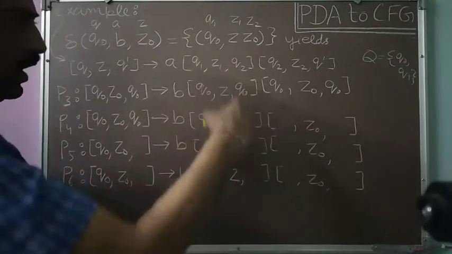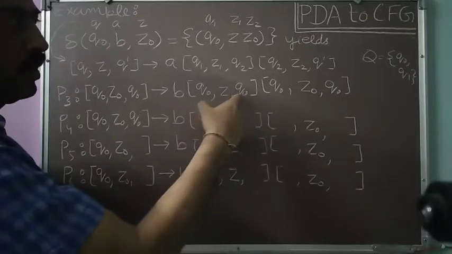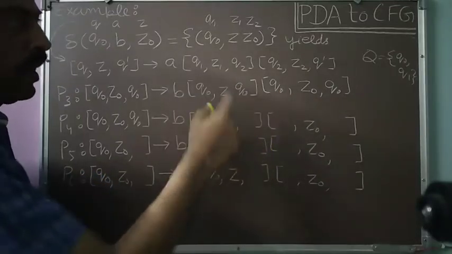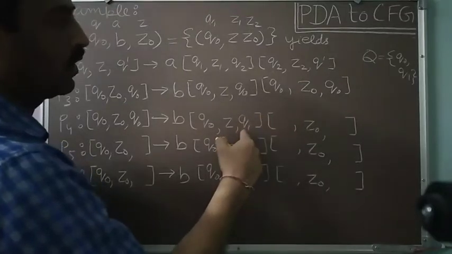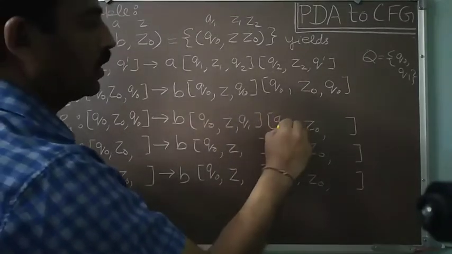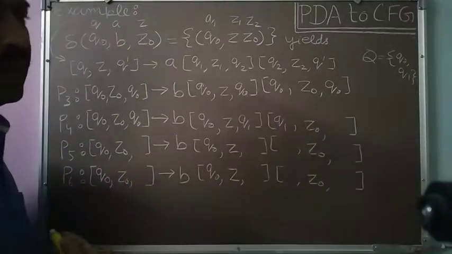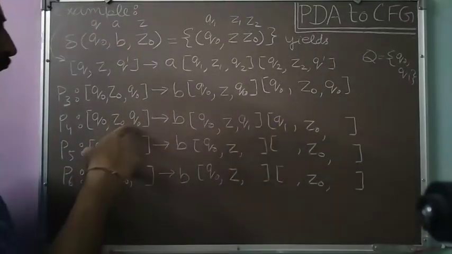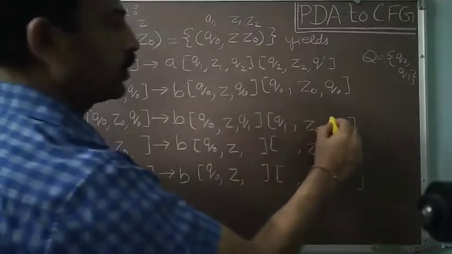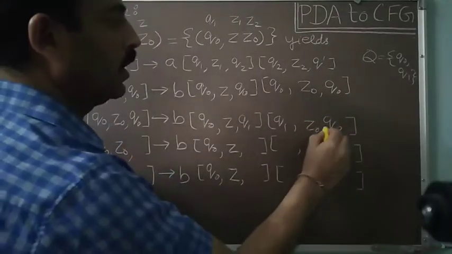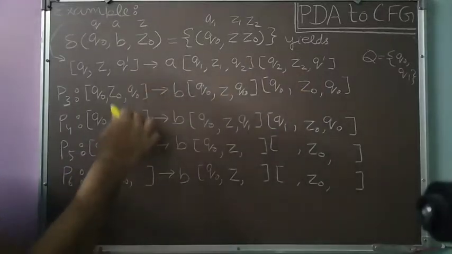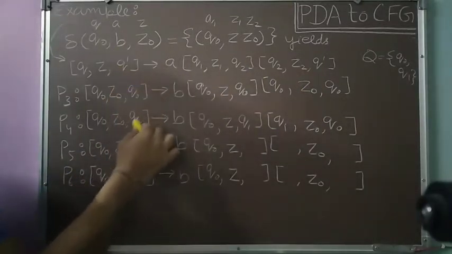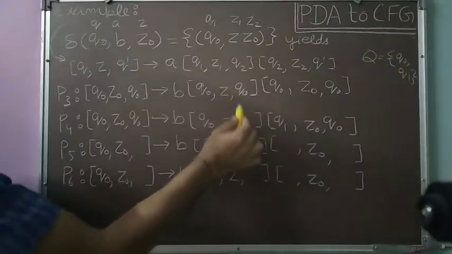And now this time, the value of Q2 last time I have put Q0. Now I will put the next value, that is Q1. So Q1 will come here, and Q1 will also come here. And what will come here? The same which is the Q dash. Q dash is Q0, so that's why Q0 will come here. In this manner I have filled. When Q dash was having Q0, Q2 may have either Q0 or Q1.